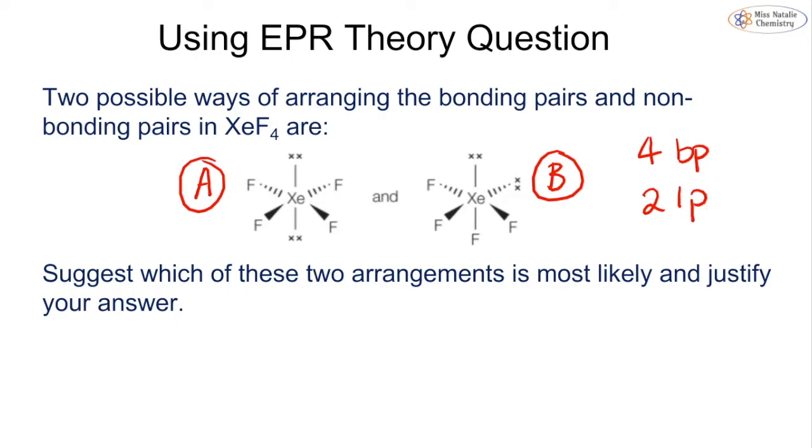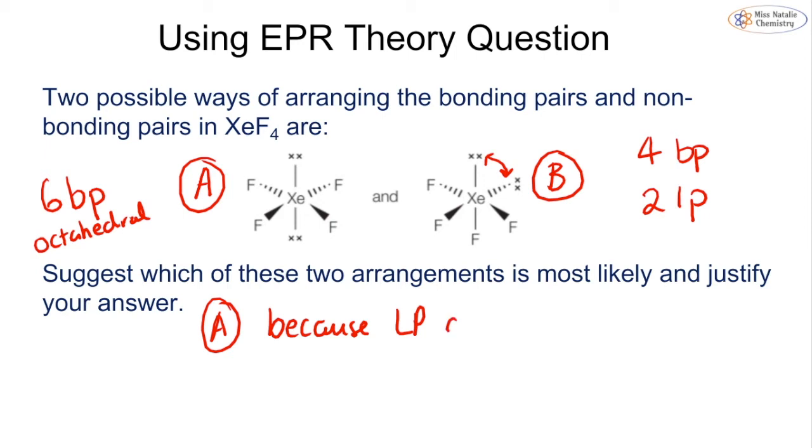Now this is an example that we haven't seen, but what we did see was 6 bonding pairs, and we know that that made an octahedral shape, and that gives us the shapes that we see here. These are the basis of octahedral, but what we need to focus on is thinking about the repulsion. So we know that lone pairs are going to repel more than bonding pairs. So what we would see is this here would actually have a very large repulsion, and that's not the point in a bond shape. The whole point in a bond shape is to minimize the repulsion. So what we would actually see is structure A,